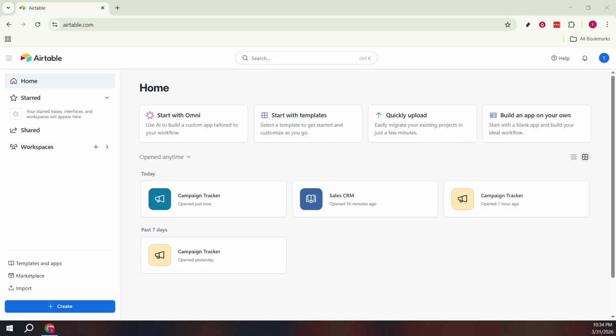In today's video, I'm going to teach you how to use Airtable Forms. First, open Airtable in your browser and sign in so you can access your workspaces. From the home screen, you can either create something new or open an existing app where you want to collect